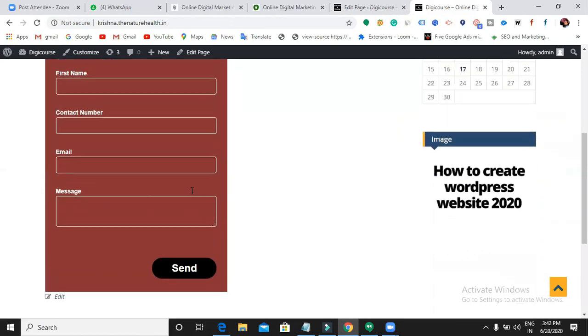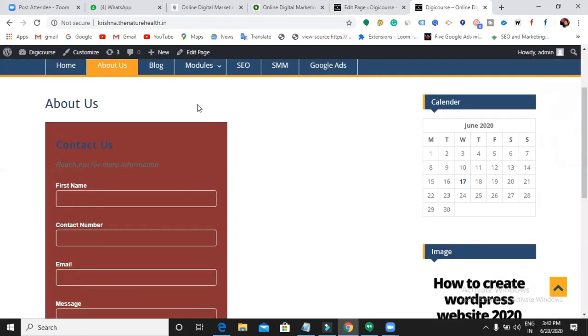Got it now? So now your task is to create a contact form like this. I designed it, applied some colors, and chose the fields I want. When someone fills up this contact form, who will receive the information? Admin. Yeah, so that is your task. By tomorrow, you have to show me. You have to send me the screenshots or take a picture of your received information and send it.